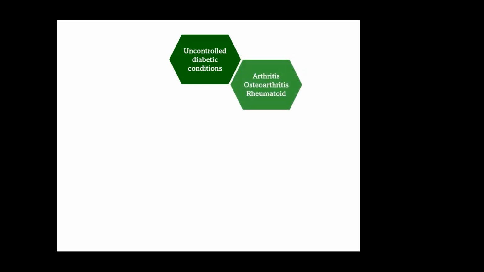Secondly, I'm going to talk about arthritis. Arthritis is the tenderness and inflammation of our joints. There are over 100 different types of arthritis, but the most common are osteoarthritis and rheumatoid arthritis. Osteoarthritis is due to cartilage damage or degeneration. Cartilage acts as a cushion for our joints, which may degenerate due to aging or overuse.